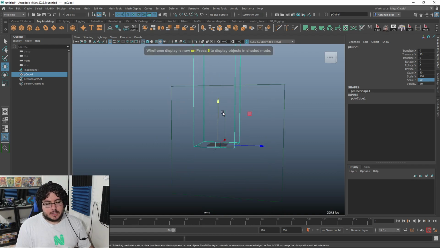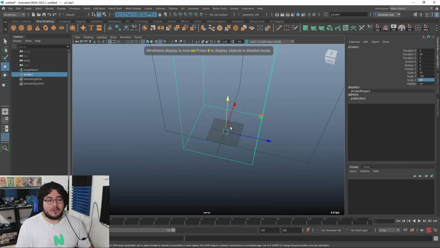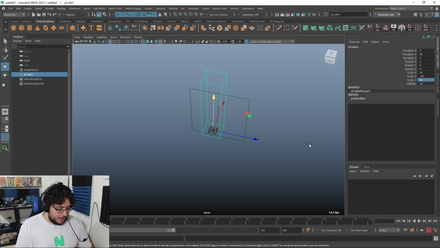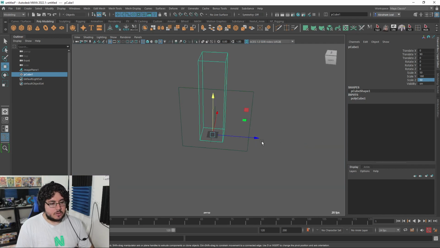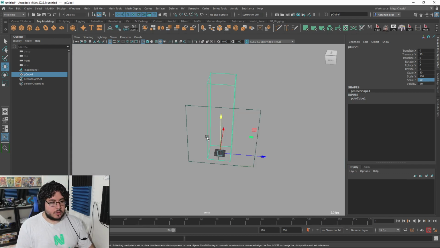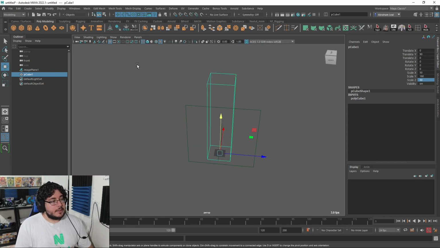Now, a lot of people get scared when the grid is super small. They think that things are going to fall off or something. I don't know why that happens. Let me change this to gray. Alt B is the shortcut to change the gradient here. So I don't know why people get scared, but if you want to change the grid so that it matches